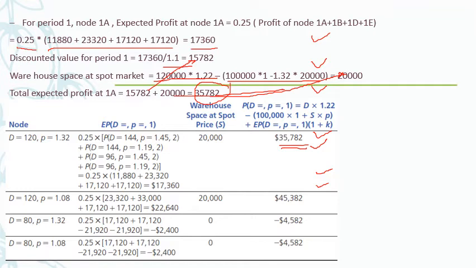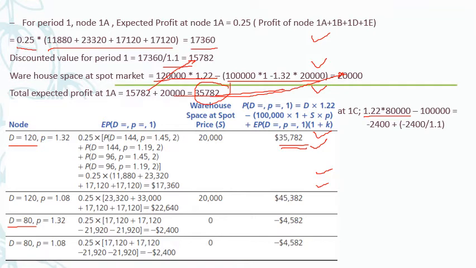So what you need to understand, you have to be a bit careful here. See now, for example, let us take the third node. What is the revenue? Revenue will remain the same always. 1.22 multiplied by how many units? D, 80,000. See, at the first node it was 120,000. That's why it is 120,000 into 1.22. Whereas node C it is 80,000, and hence it is 1.22 into 80,000 minus 1 lakh. What is that 1 lakh? That is the cost I am incurring. Am I paying anything extra? What I did in the first node, I paid extra.